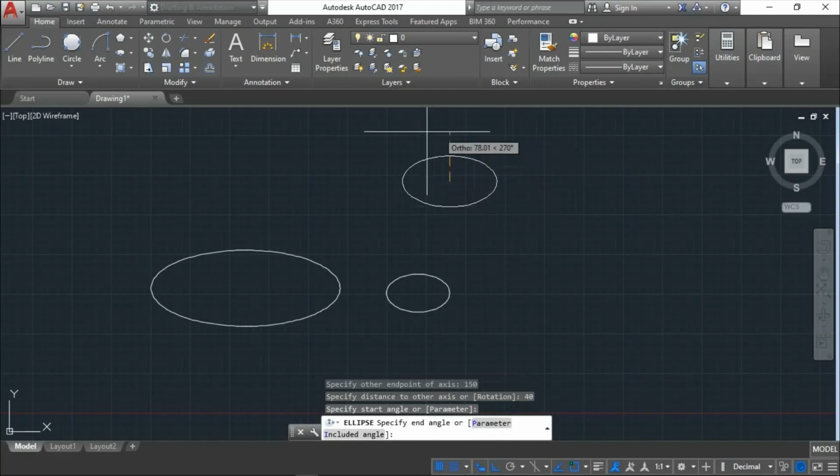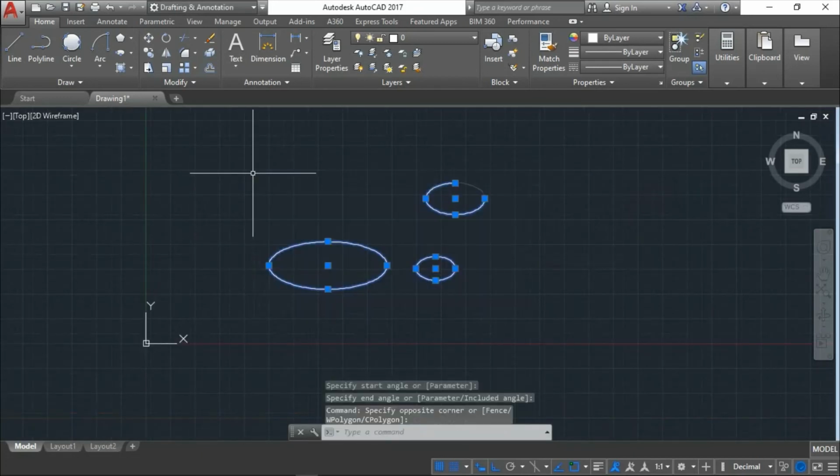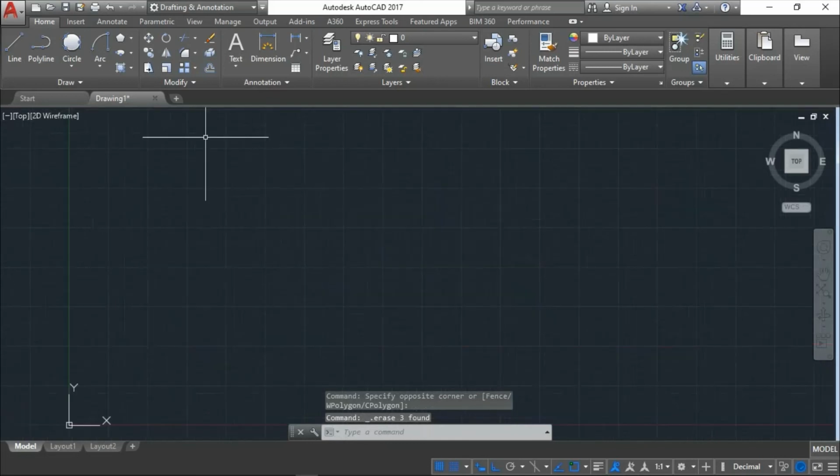After giving that, you can drag your cursor and draw your ellipse. For example, if you need only half of the ellipse, you can stop your cursor here. If you need the entire ellipse, you can draw it fully. If you need a quarter, you can cut your cursor here. So these are the options under ellipse.